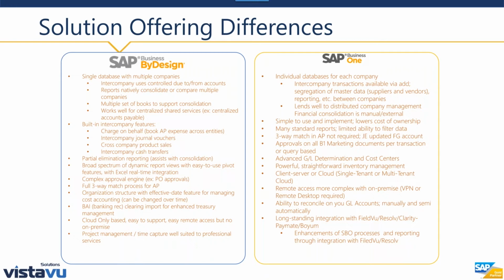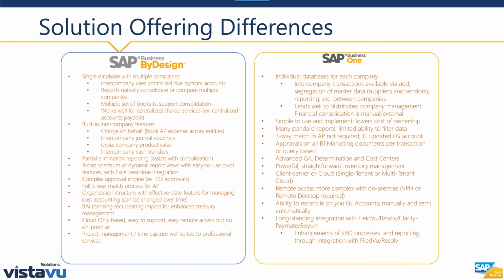So if you want to centralize your accounts payable department for the entire company and have those AP people keying invoices, it's easier to use a system where you can share vendors and you can have one person accessing all those legal entities. So there's built-in intercompany features. We'll talk about those in a little bit more detail in future slides. There is some ability to have eliminations happening automatically in the system, so that assists you with consolidation of